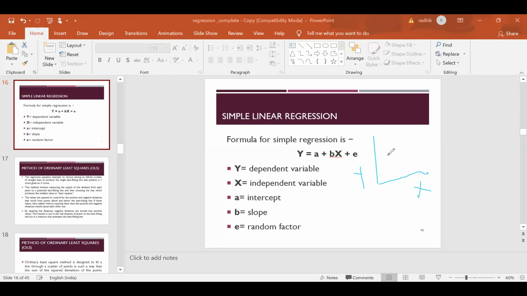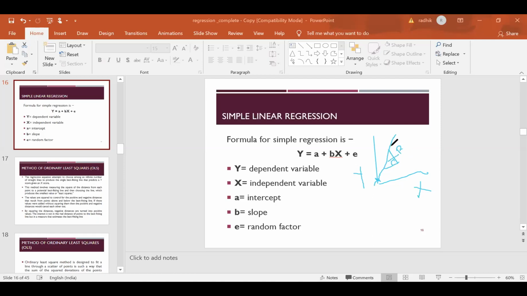So this is the straight line that we have, with x and y. Here the intercept means the point where this line meets the y-axis. So this is called the intercept. And the slope means, if you want to see the rate of change, we usually use this slope. We are actually calculating the rate of change here.